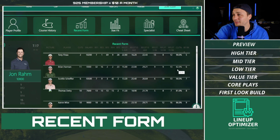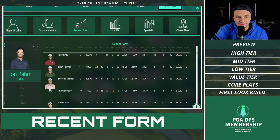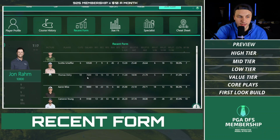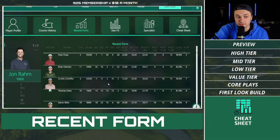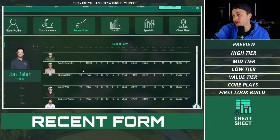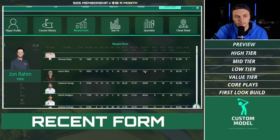Brian Harman, a little bit shocking, I guess, but really not. 32nd last week, 16th, 2nd, 23rd, just been on a cut streak as well. 11 straight cuts in a row, just been tearing it up. We got Scotty Scheffler popping up there, who has a little bit better recent starts, but also Brian Harman's cut streak's a little bit longer. You know, really pulling teeth there. It's very fine. Thomas Detry, Aaron Wise. Guys, the theme here is that